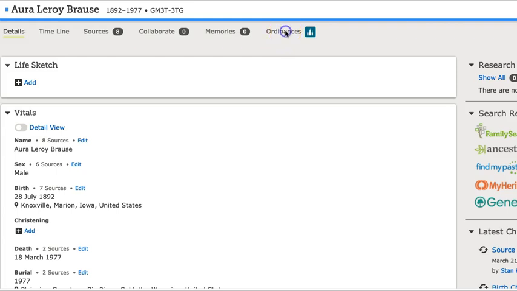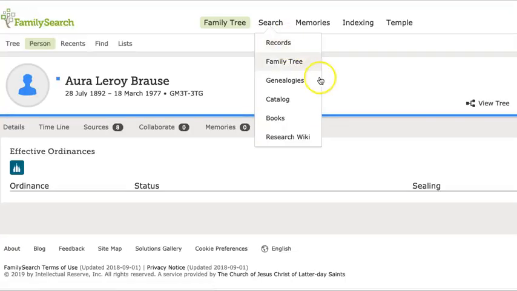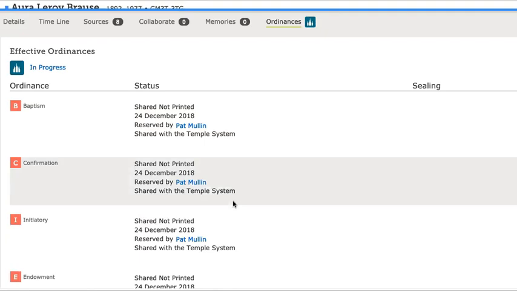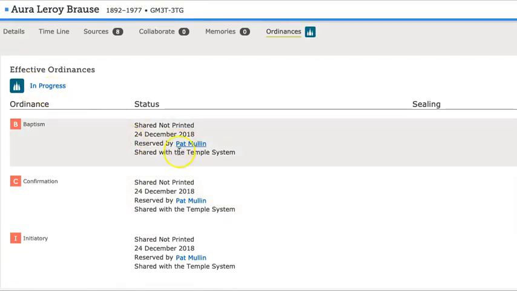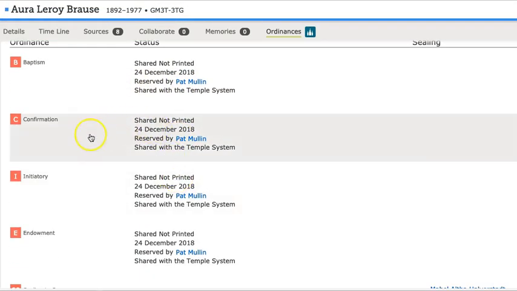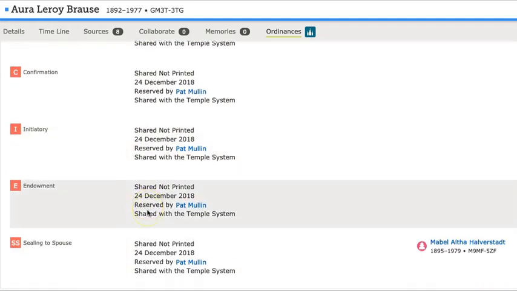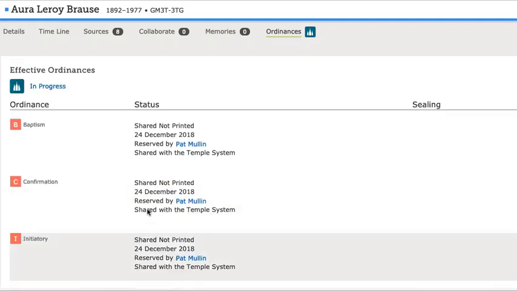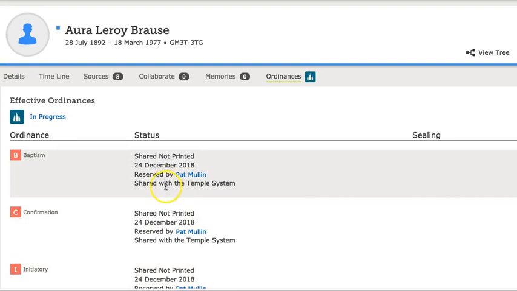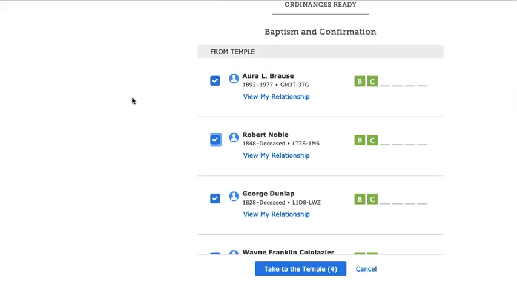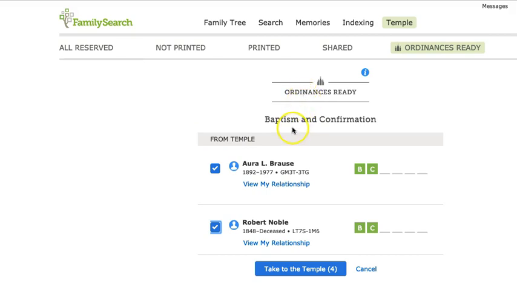Normally I would come up to the Ordinances tab, and when I click that, it's been requested and shared with the temple, and I can't access it from his person page. These are still all locked down in the temple, waiting for the temple to pass them out to somebody when they come. What I've got to do is go back to where I found Ara on my Ordinances Ready,